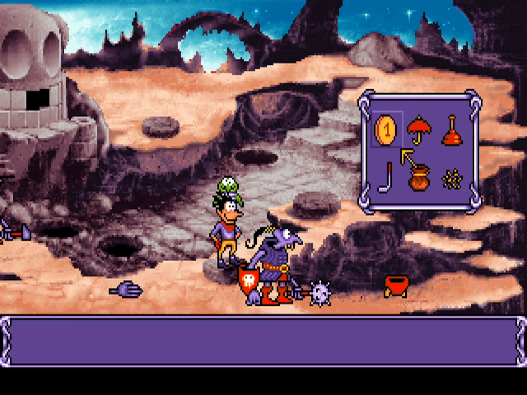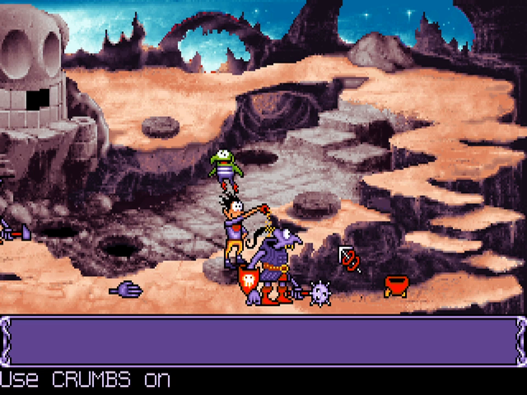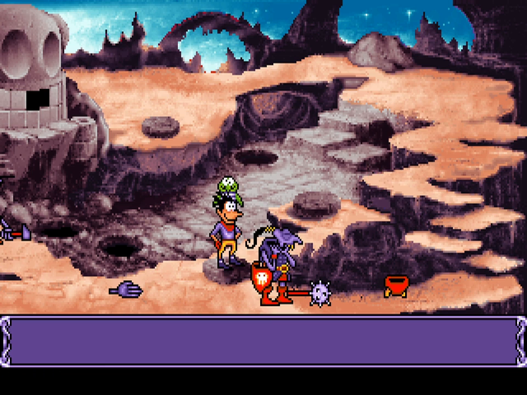Yeah, we can't even be tricky and just hit him from behind. We actually need to use the crumbs. And while he's scratching, if I can actually hold the club,